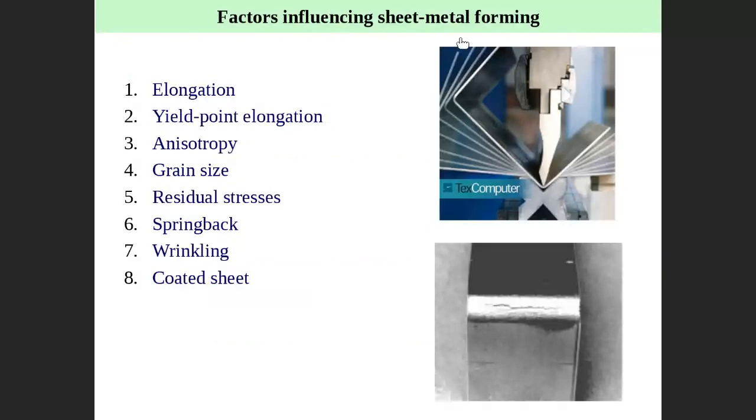A factor influencing sheet metal forming is elongation. Definitely, this is the material itself. This factor is related to the material that the sheet is made of, so aluminium, for example, or steel. You can see different properties like elongation, yield point elongation, anisotropy, grain size, residual stress, springback, wrinkling, or coated